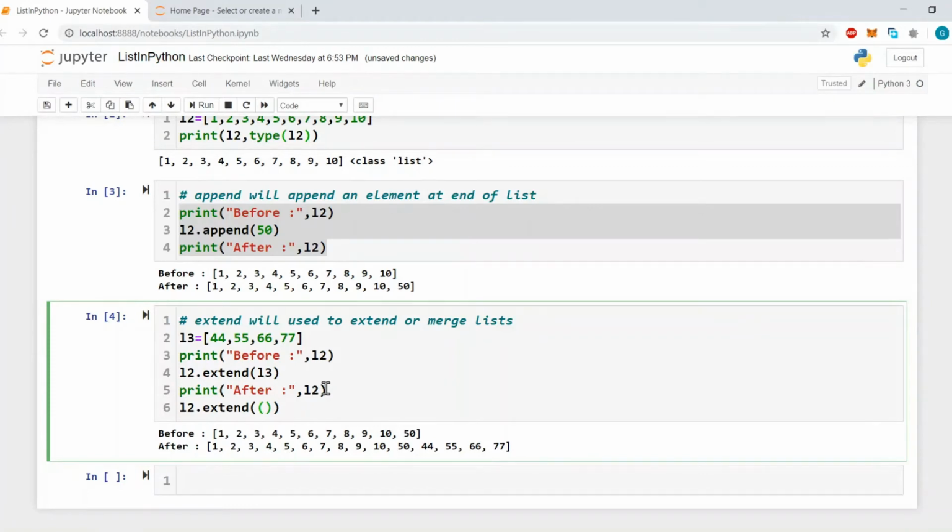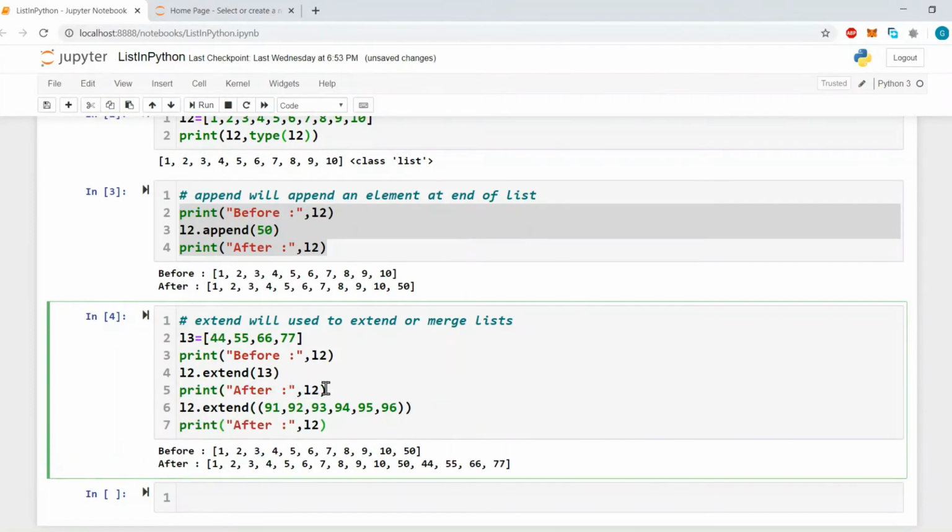For example, we want to add 91, 92, 93, 94, 95 and 96. After extending, again we will print it, so we can observe the output.